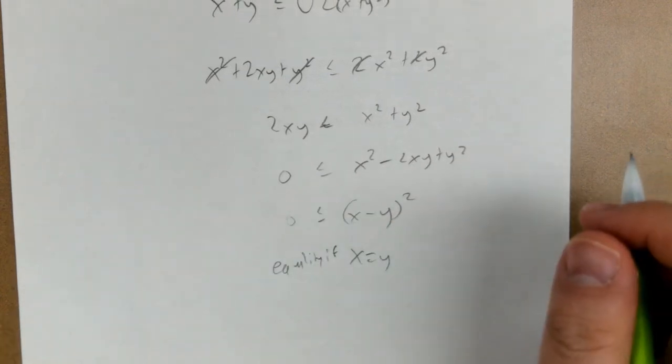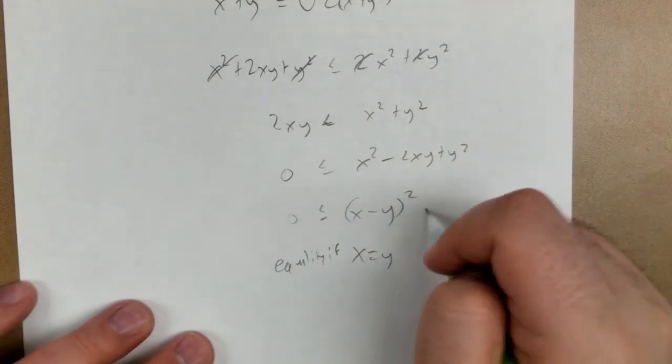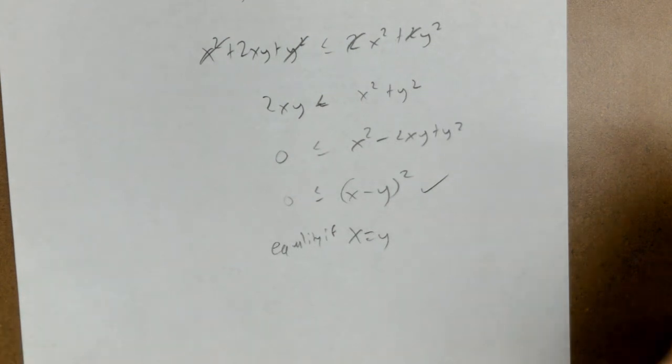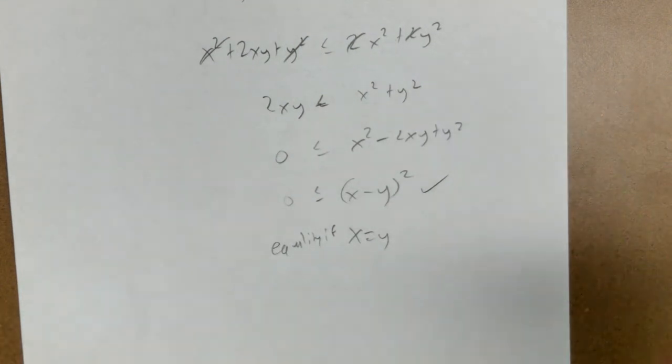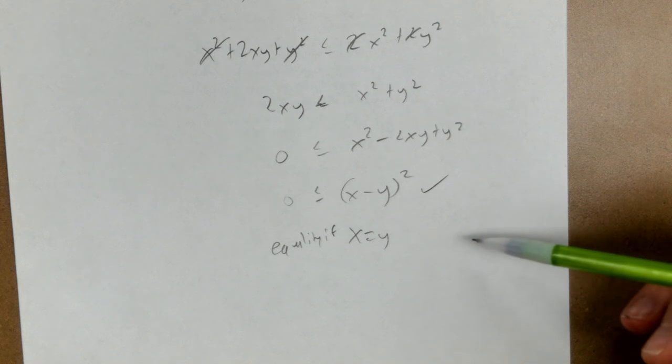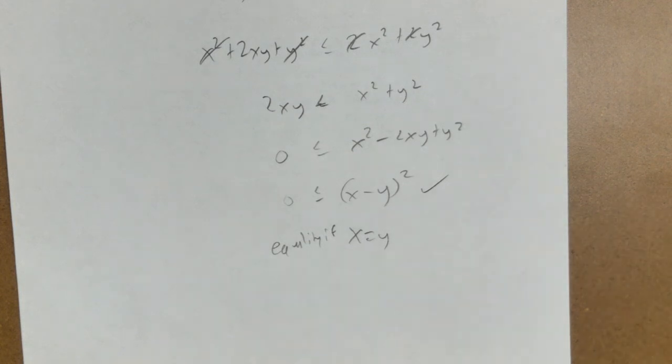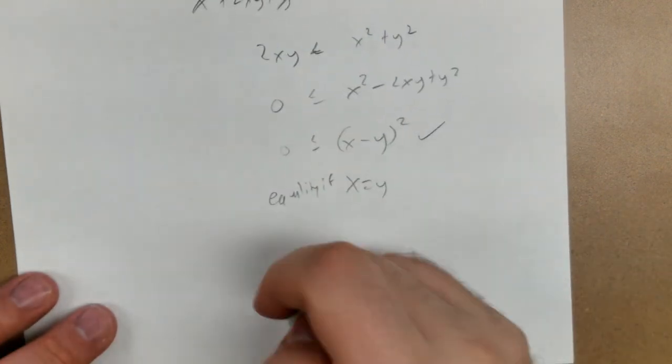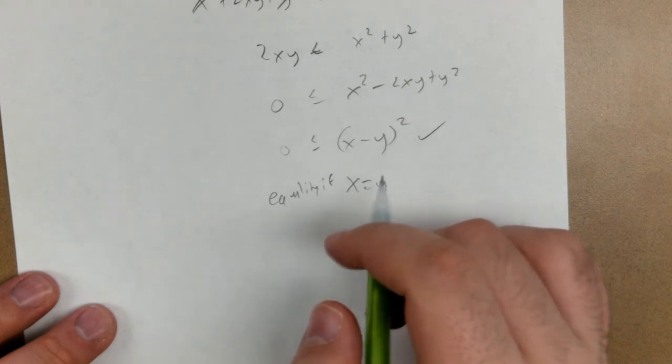Okay, there's an important subtle step. This is the final answer, so I got something obviously true, so it's okay. There's an important subtle step here. Because everything I did was a legal algebra move to both sides, I didn't do anything weird, this is enough of a proof. But if I did something like saying that